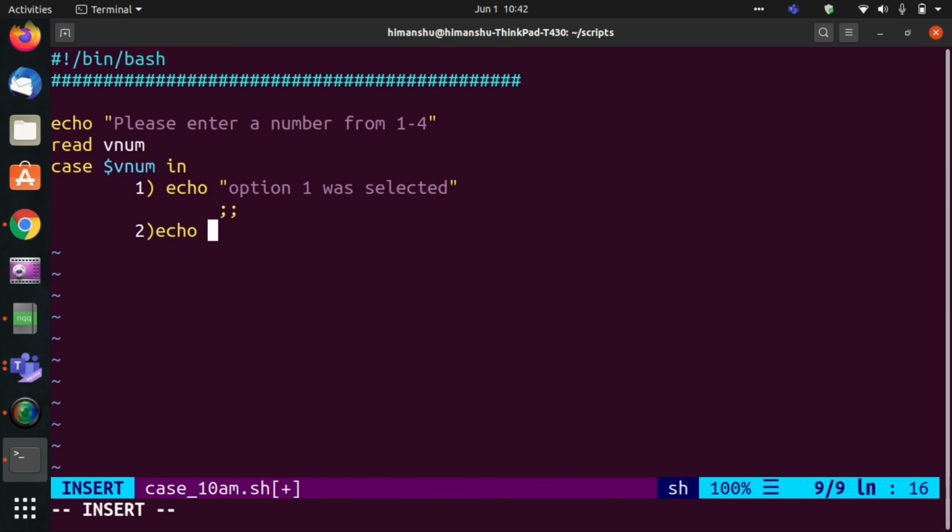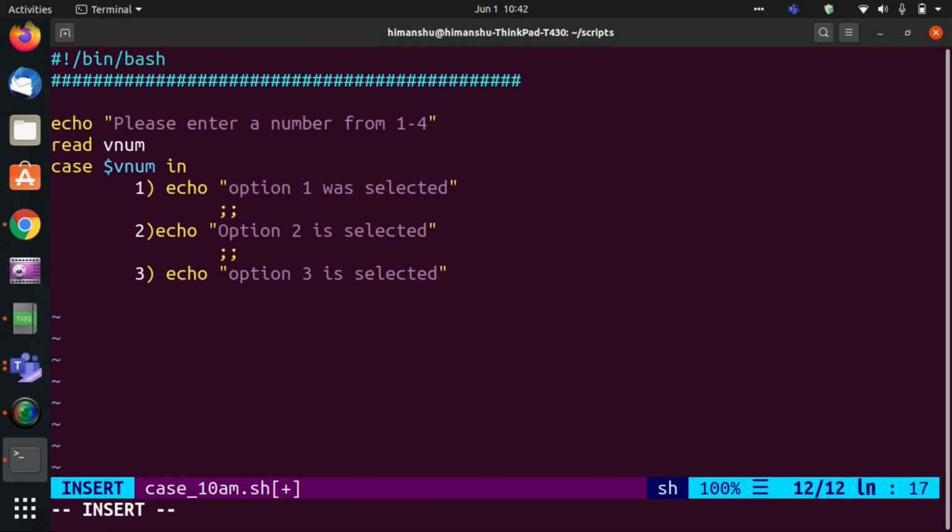In case number 2, I will say option 2 is selected. Then 3, option 3 is selected. 4, option 4 is selected.